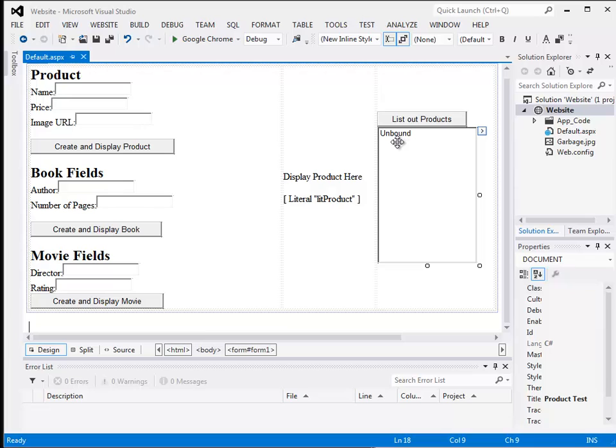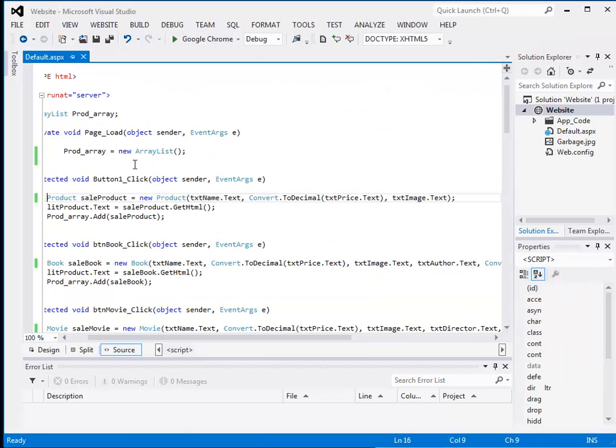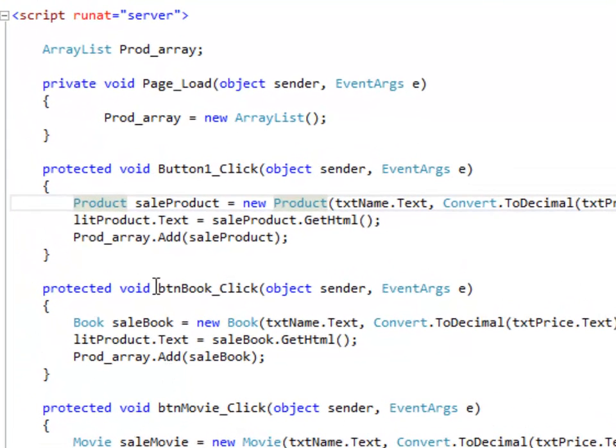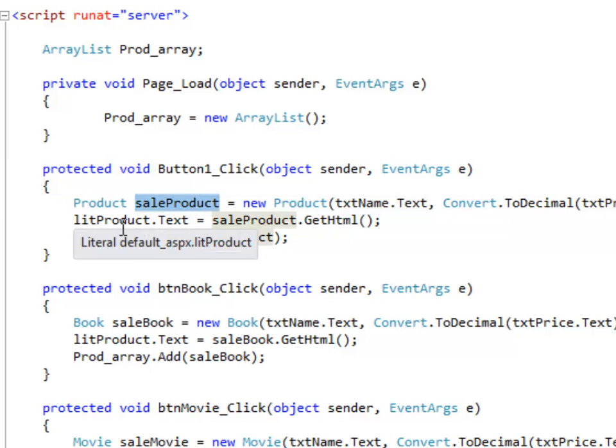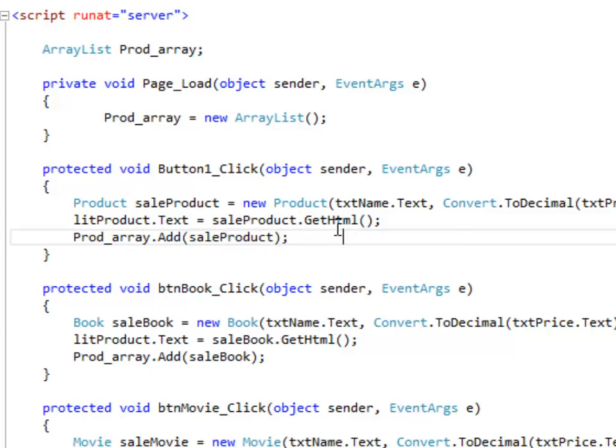And then I've added a list box here, similar to what we had in our other things, and a button to list out the elements here. Let's look at the product button. If I click on that, very similar code. Again, I'm creating a new product here, grabbing my text fields, saving that as a sale product. Now I'm getting the HTML, but rather than what I used to do, a response write to just print that out on the page,